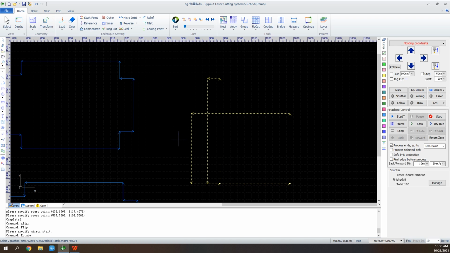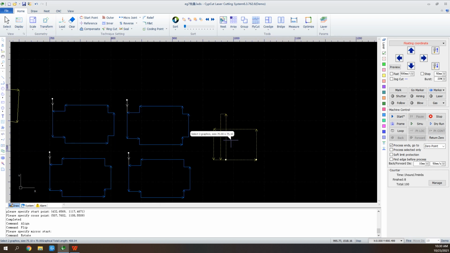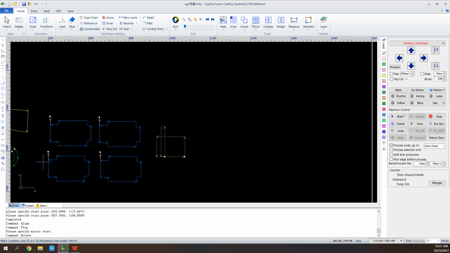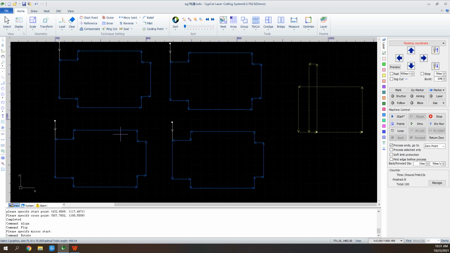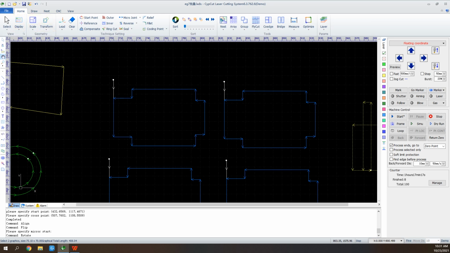And when we laser cut parts, we make the cutting path start from several millimeters away from the part. This way it can be cut much better. The distance is what we call the lead. When we set a lead, first we select the graphic, then click the lead